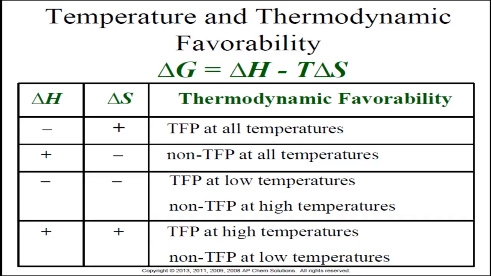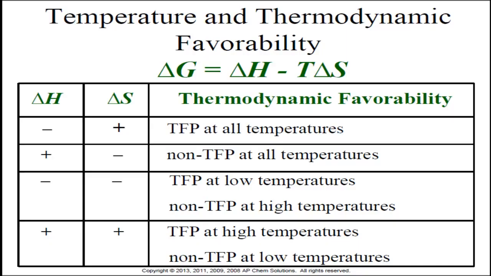because neither of these conditions is favorable. Neither is going to contribute to the expansion of the entropy of the universe. In example 3, where they're both negative, the process can be thermodynamically favored at lower temperatures. As you can see from the equation, if you lower the temperature, you're going to reduce the worth of the unfavorably negative delta S value. So in a sense, the lower temperature reduces that delta S value